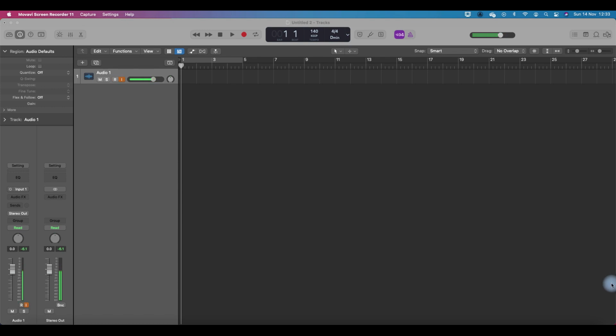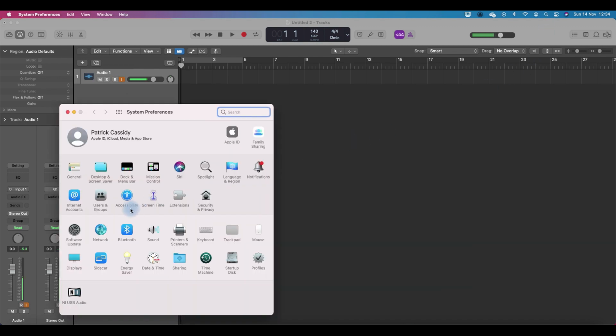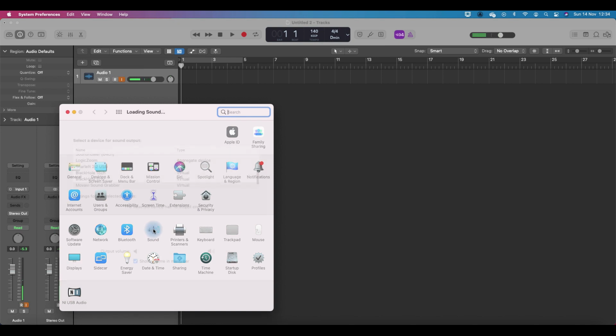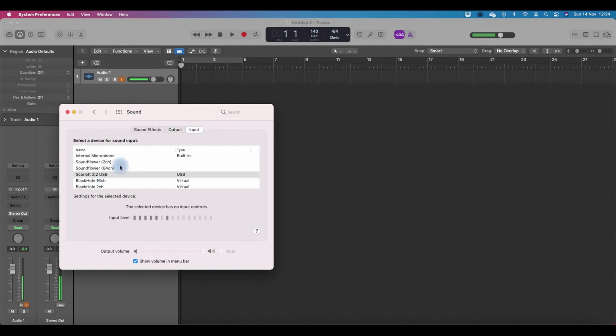So I'll just show you how to set up your preferences. First things first, you need to go to your system preferences. So we're going to go to the search bar and we're going to go system preferences, and we'll go to sound. And then what you want to do is set your output to your interface, which is here, Scarlett 2i2 USB, and you want to set the input to the same thing, Scarlett 2i2 USB. Okay, so I've got mine set to something different because I need to, but that's what you do,